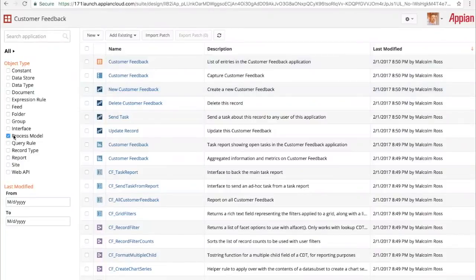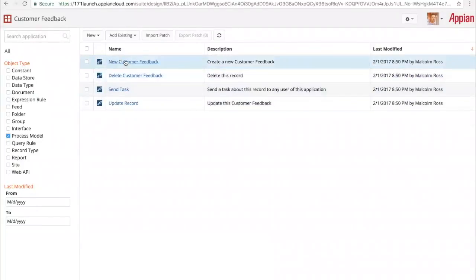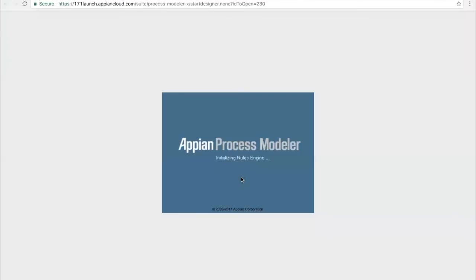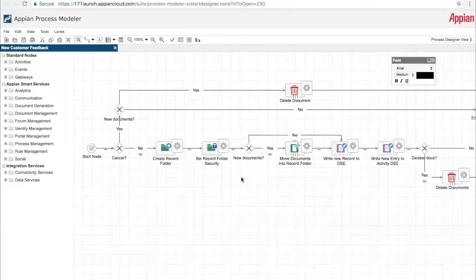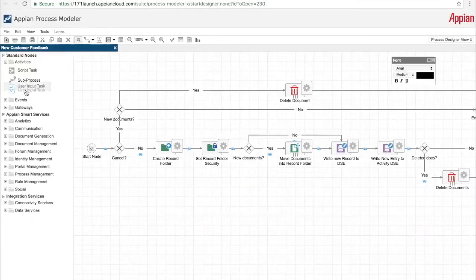Let's go ahead and just take a look at one of the process models. If I need to extend this, it allows me to jump in now to this overall low-code design experience right inside the web browser, complete visual design, allowing me to say, start modeling out maybe some extra steps inside of here. So, before customer feedback actually gets submitted, I want to go ahead and have a review step.